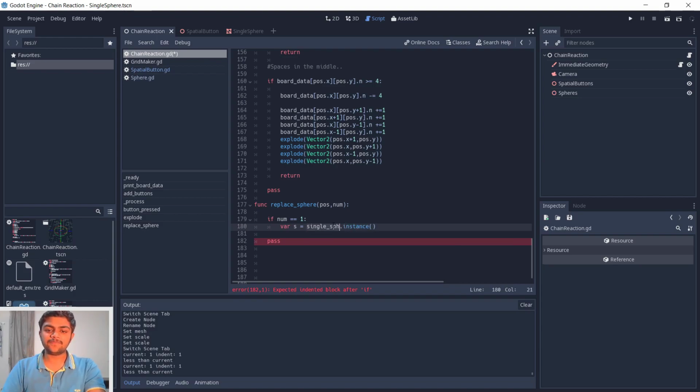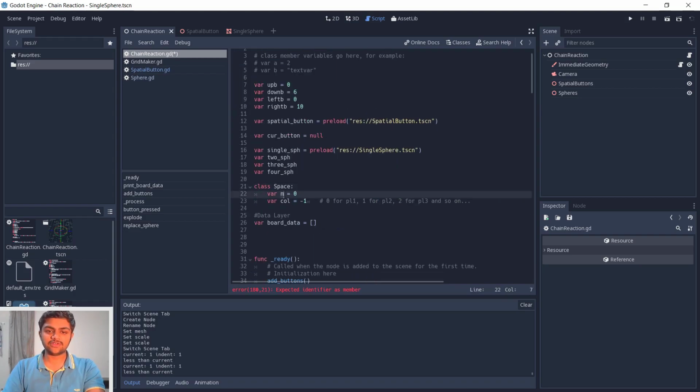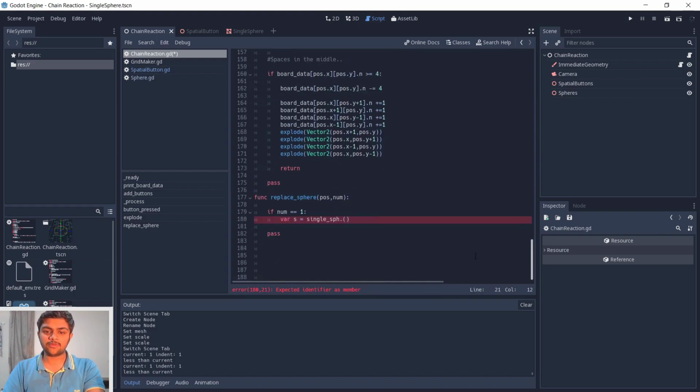of a scene. If I want to make a new instance of a scene, you use the instance function. If you want to make a new instance of an inbuilt class, for example, the space over here, so this is a very tiny class, but there will be bigger classes in more complex games, if we want to create an instance of that, we use the new function. Here we want to use the instance because it is a scene. Single sphere is a scene. So after making s,